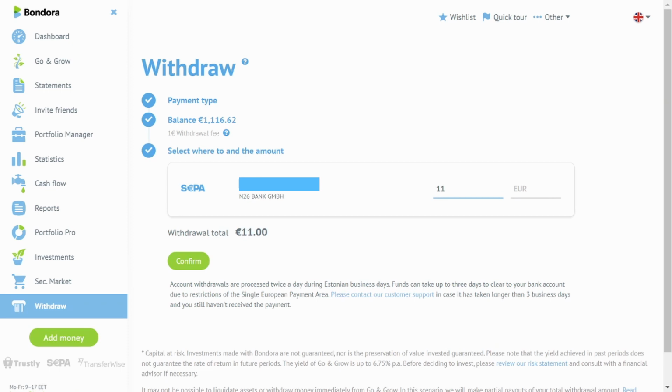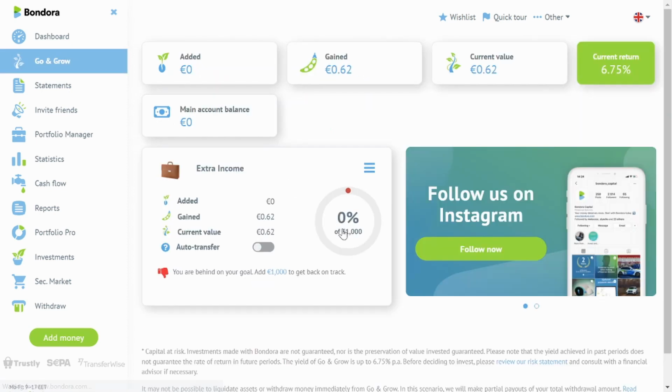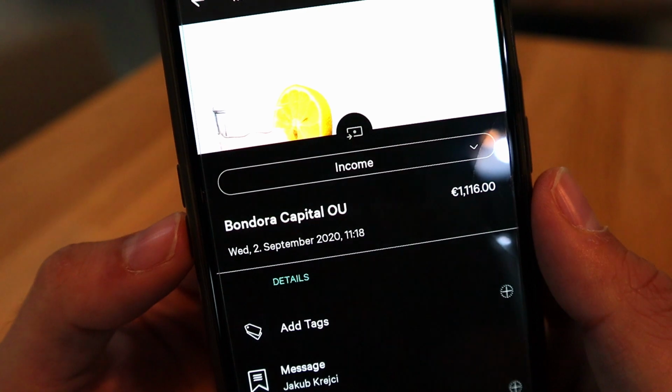Let's cash out everything and click on Confirm. We are receiving an SMS code that we need to type in and click on Sign to confirm our withdrawal request. Now we can see that we have drained our Bondora Go and Grow account. Literally 1 minute later, we are receiving a notification from our bank that we received our money from Bondora, which